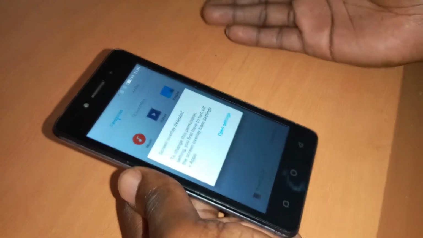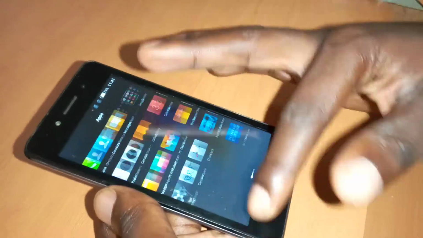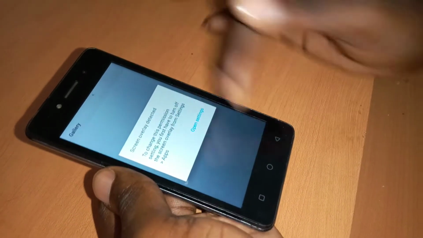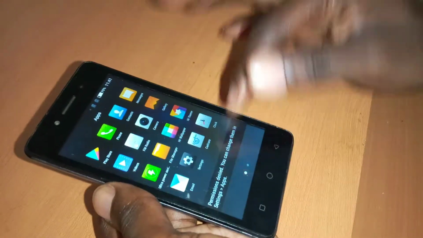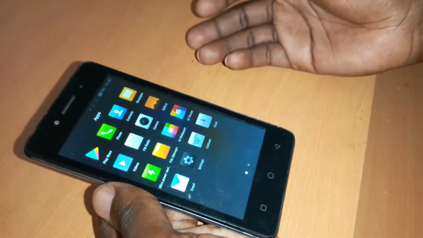It's showing screen overlay detected. I don't know where the problem comes from. I try on Gallery, I do the same. It's saying the same thing. So, for this case, I tap on settings,